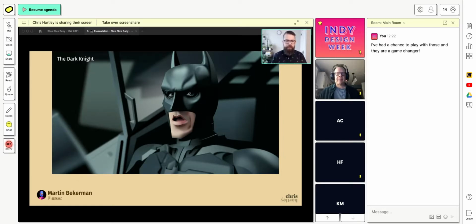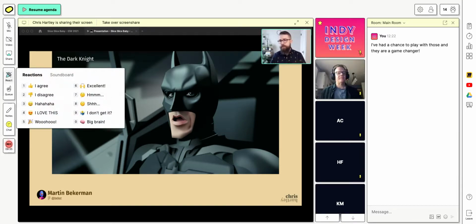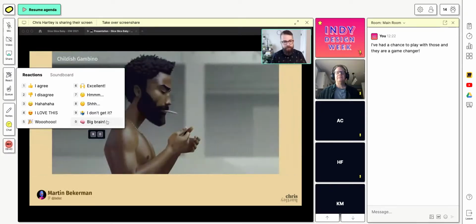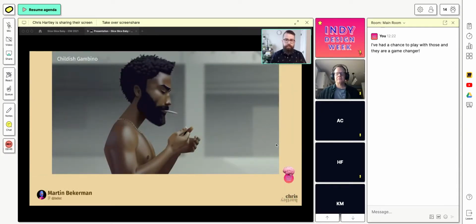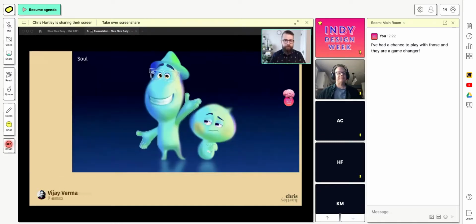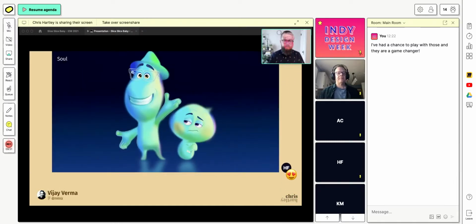this illustration done by Martin Beckerman here was done entirely in Figma. It's all vectors, and he published this to the community so people can explore it and learn how to do illustrations like this. And here's another example of his with Childish Gambino. This particular Figma user created the characters from Soul as vectors. So again, it's all scalable. It's all individually